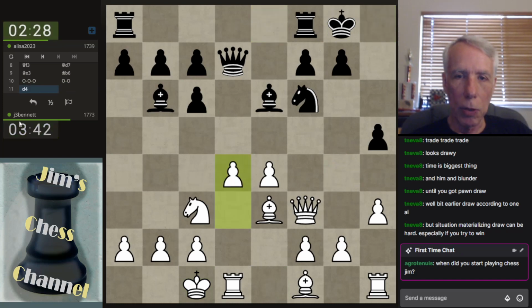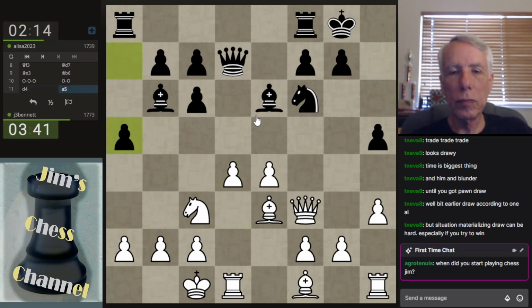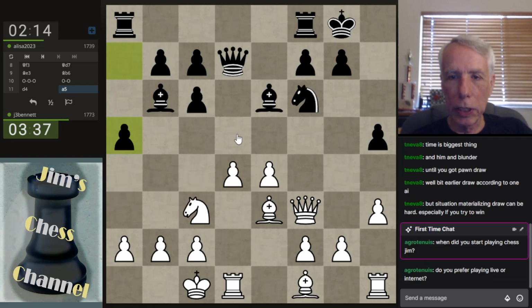So let's push these pawns. I really don't want to take this bishop now and open up a rook onto my king's castled position. Now I could take the bishop. Okay, so if I push,